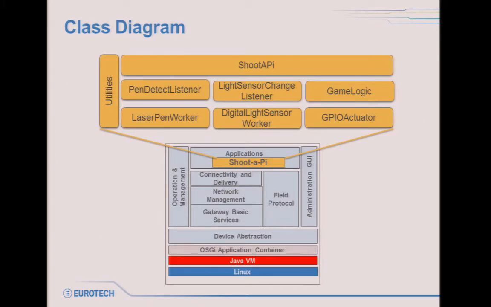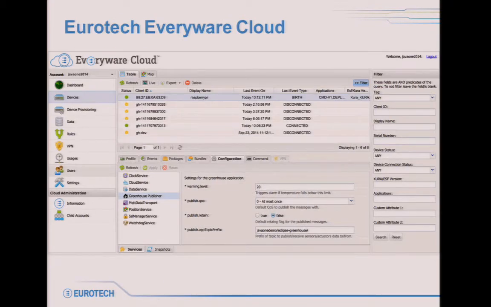I was telling you that the shoot Pi is not a trivial application. You see a sort of class diagram. So there are different classes, 1, 2, 3, 4, 5, 6, 7, 8 classes finally. This is what you can do via the console. This is just a screenshot. So this is the same console either when you are remotely on the cloud or when you are locally. And from this console you can shut down, start up, and do whatever you have to do on the Raspberry Pi.